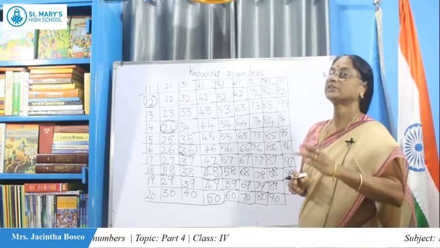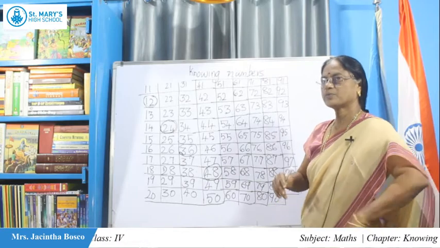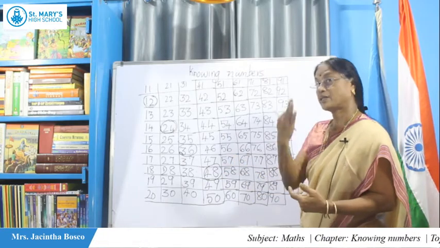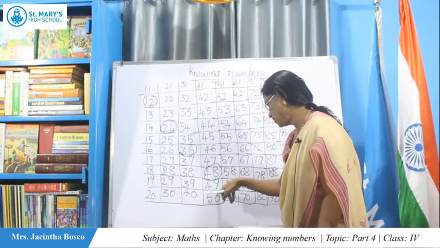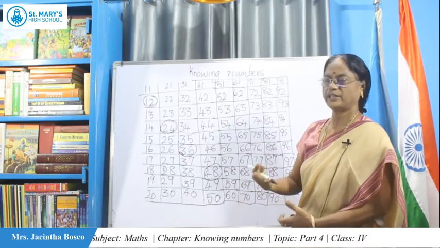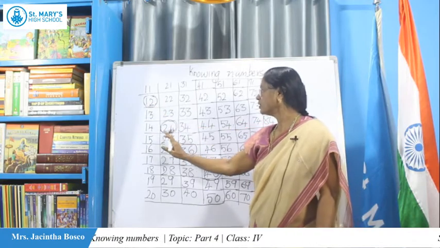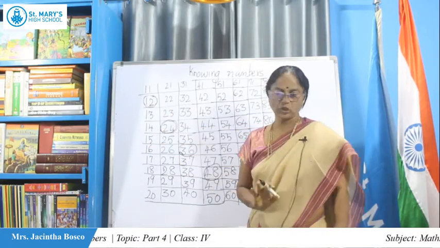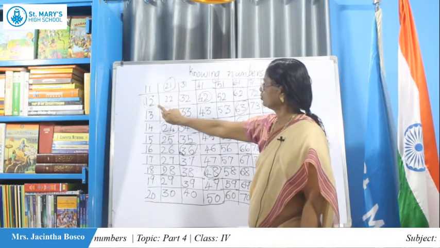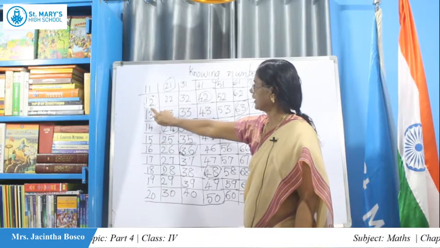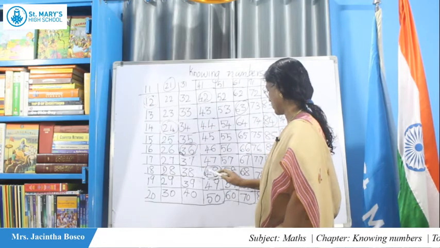It will become 3-digit. If I go to 50, what does it become? Double means 100. That becomes a 3-digit number. From here onwards, after 49, you will get all double numbers as 3-digit numbers. So, how many numbers are there? 12, 24, 36 and 48. See, here you check, the units digit is double the tens digit, that is 12, 24, 36, 48.